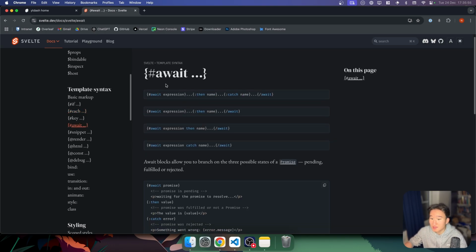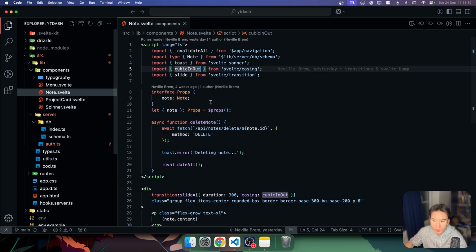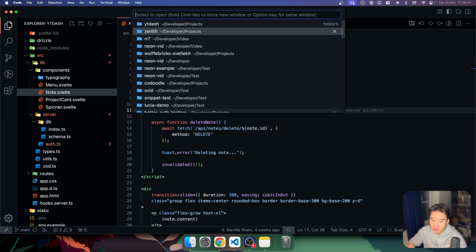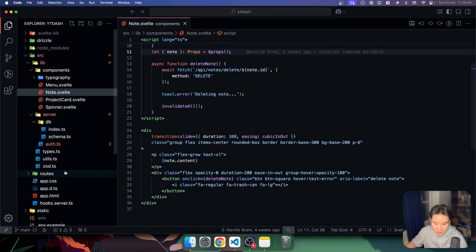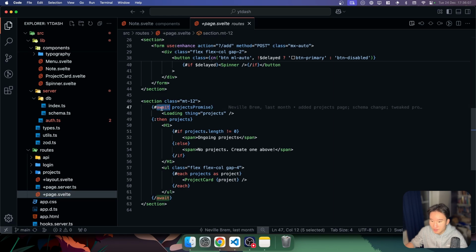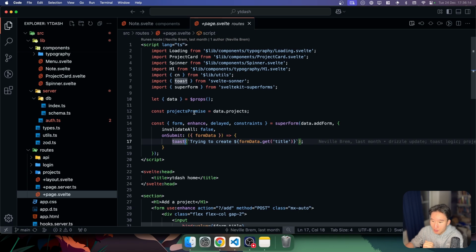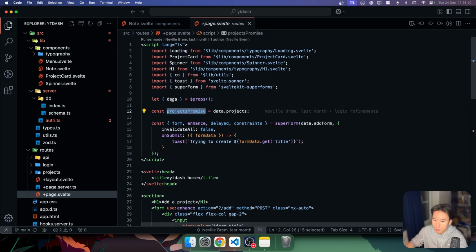Also, a goat is the await block, and I'm actually using the await block pretty extensively in many projects, even in this project. If we go to route and then page, we have this await. Because the way I'm using this is kind of like suspense in React. We are awaiting our project. If we go to our data,